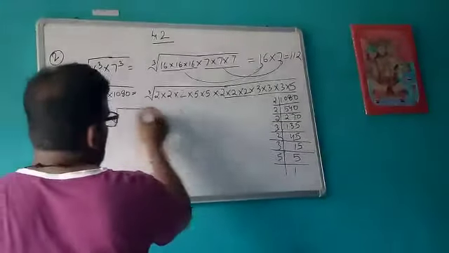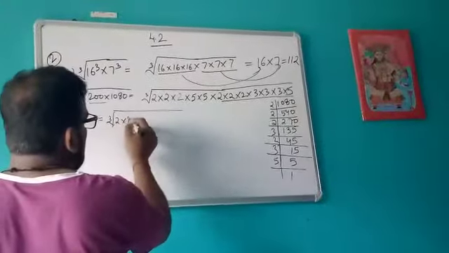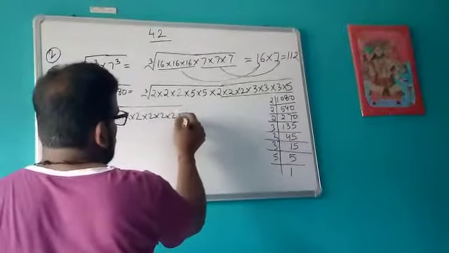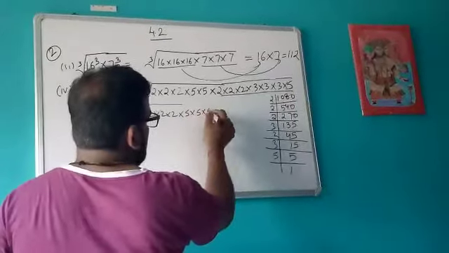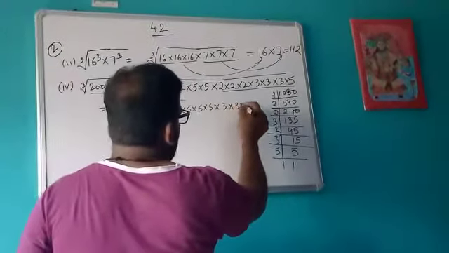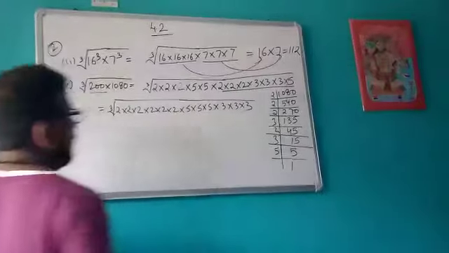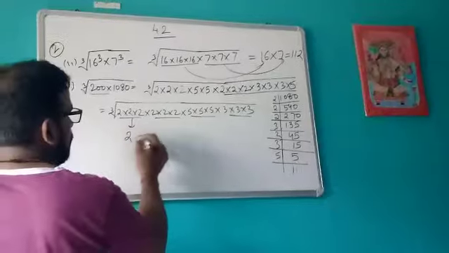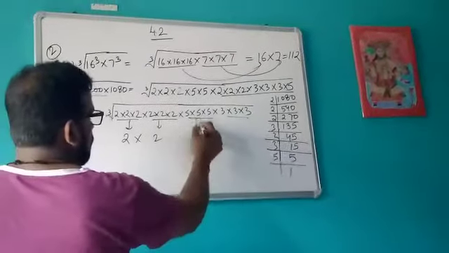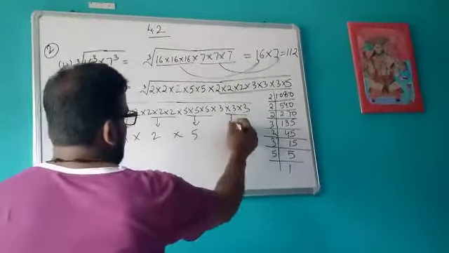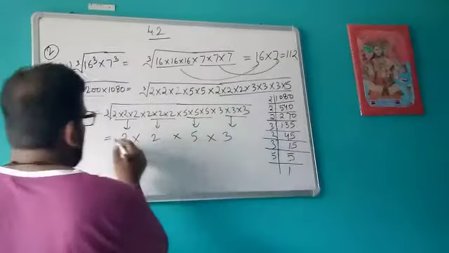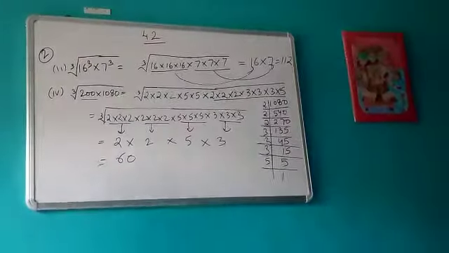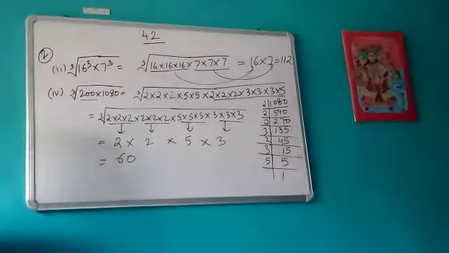Now we will write the like prime factors together, like 2 2s are there, then again 2 2s, then 3 5s and 3 3s, like this. Okay. So then 1 2 3 4. So 1 2 will come from here, 1 2 will come from here, then 1 5 and then 1 3. So what your answer will be? Your answer is 16. Okay. So this is how you can find the cube root of the product of two numbers.